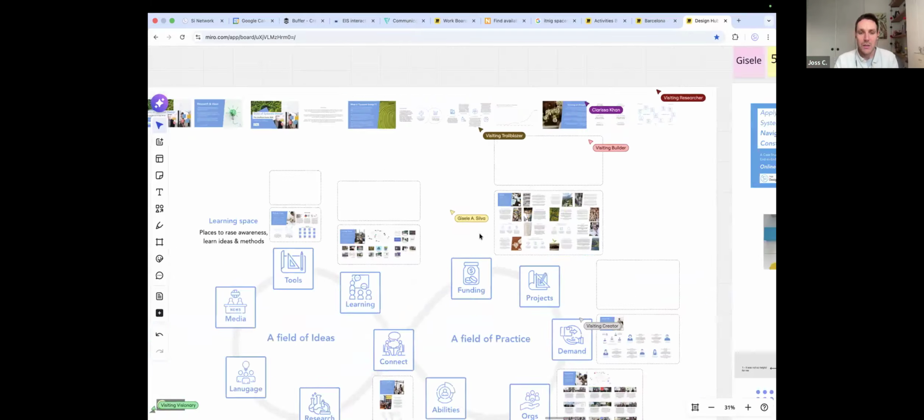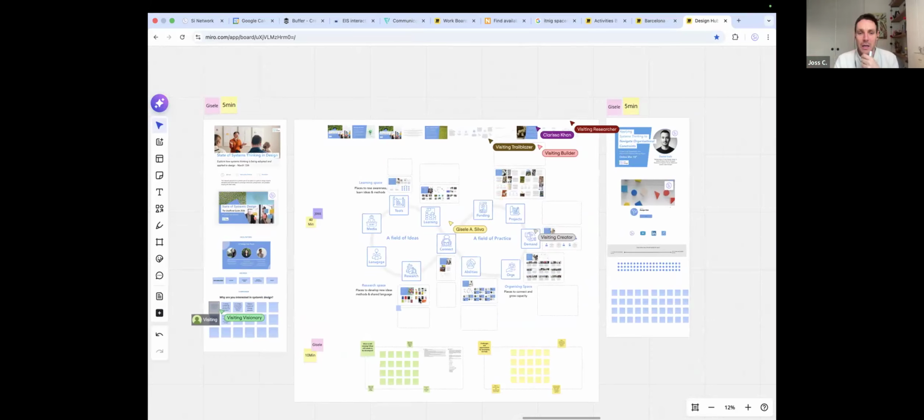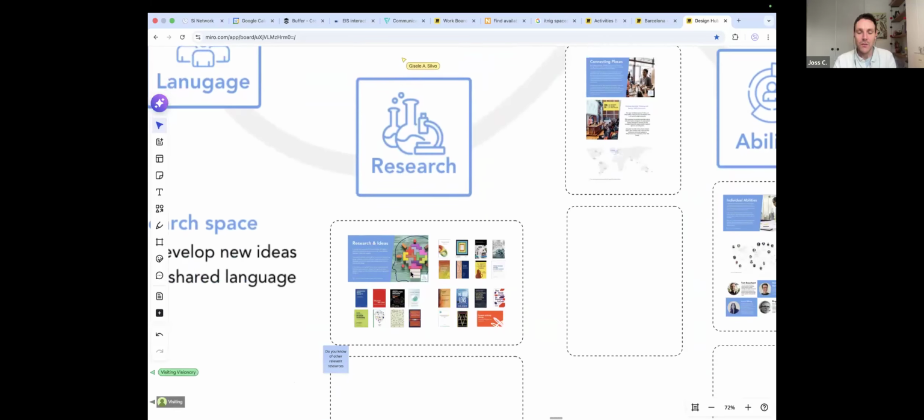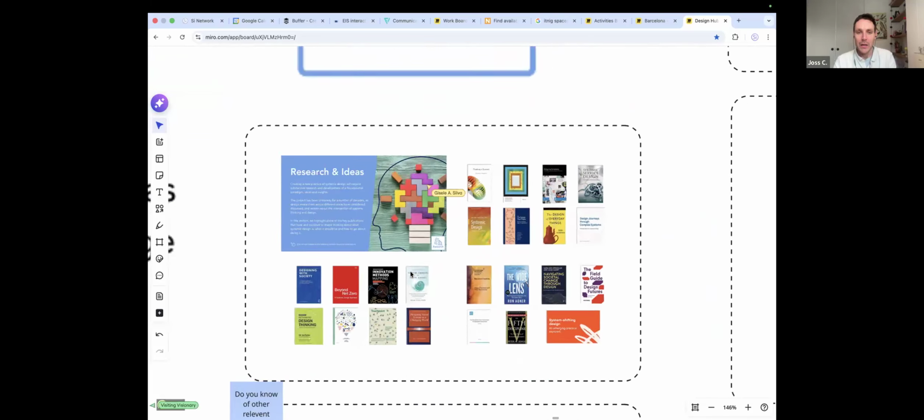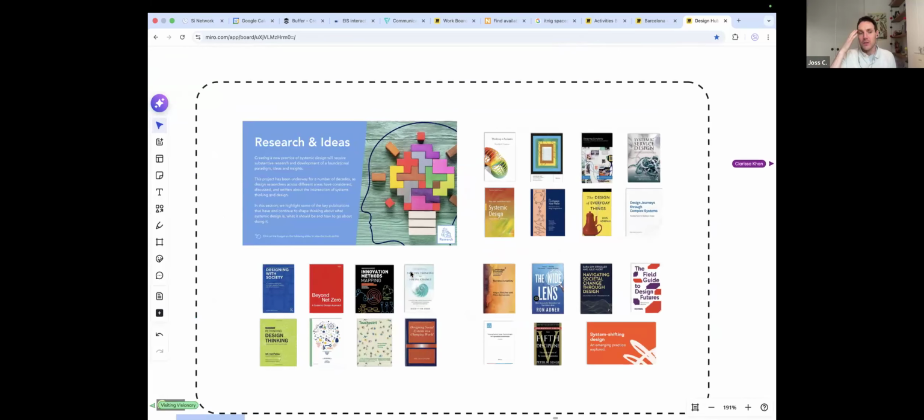So we can see it laid out here, right? And we start here with research. To get the development of a new area like systemic design, there obviously needs to be people exploring and making sense of what this is about. What does systems thinking look like in the context of design?